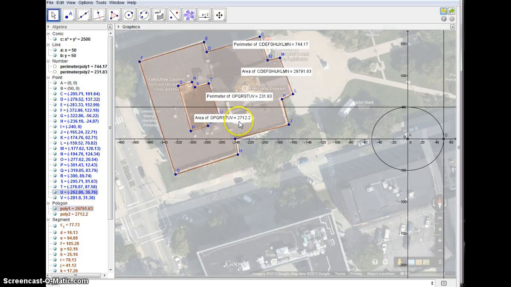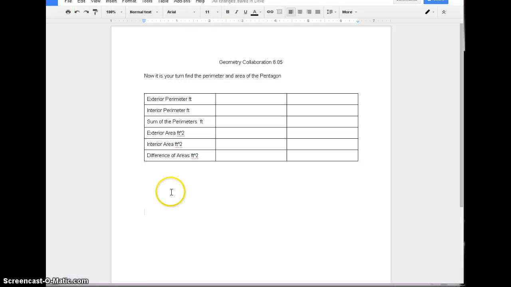I think I just made a mistake. Okay, there we go. So for the area, you have an exterior area, and you're going to subtract the interior area. You're going to put this into your worksheet, and if you're doing this collaboratively, there are more questions to answer, and I